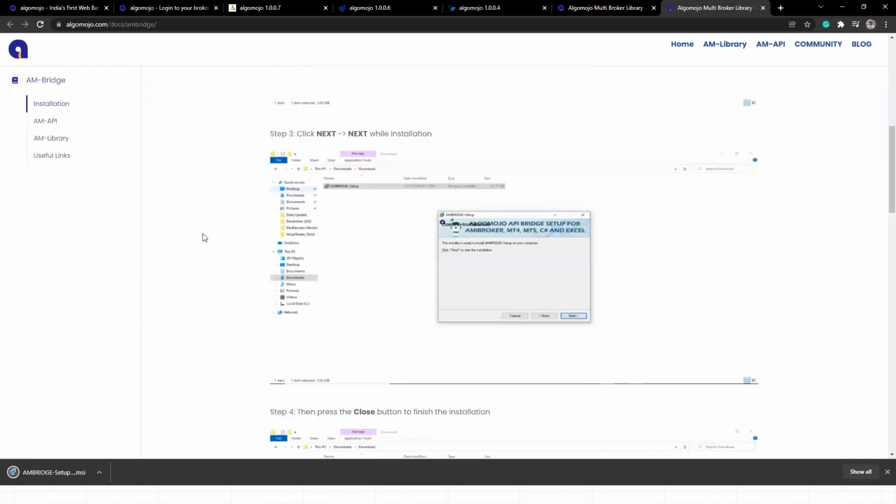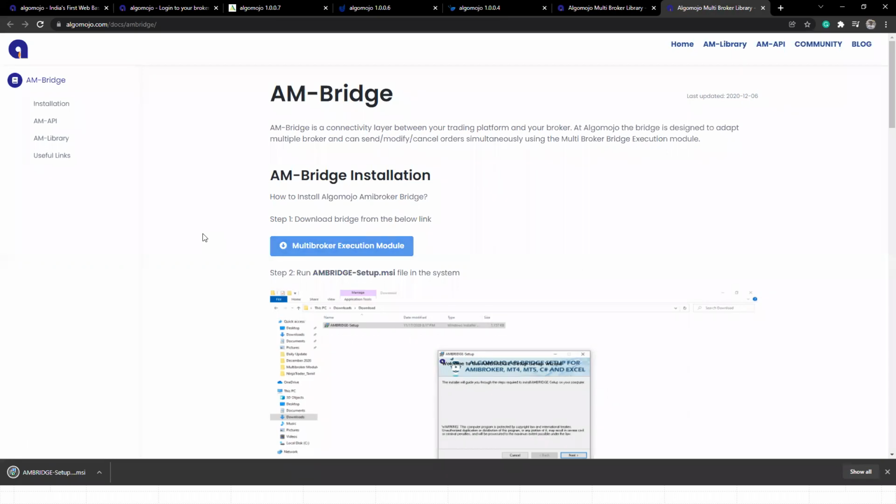This bridge installation is required only for traders who want to transmit orders using AmiBroker, MetaTrader kind of software. Only those software users have to install the AmiBroker bridge. However, if you are using TradingView, you don't need a bridge. If you're using Excel applications, you don't need any bridges.